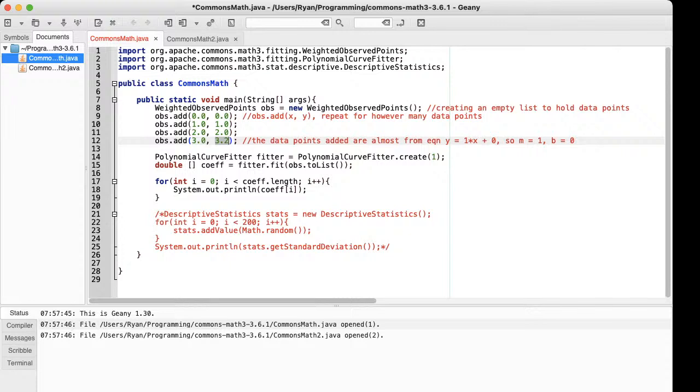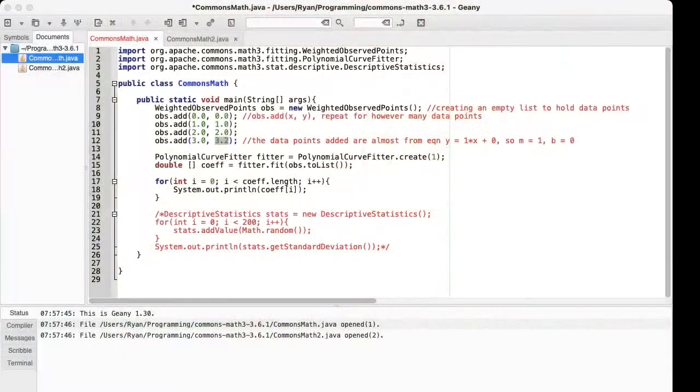All right. So now there are different curve fitters that the Apache Commons math could do. So for example, you could do an exponential curve fit. You could do a sine or a cosine curve of best fit if the data is going up and down. So there are different model functions you can use for the curve fit. But we're just going to keep it simple for today's lesson and do a polynomial curve fit. Okay, so you can see there's so basically this line of code,